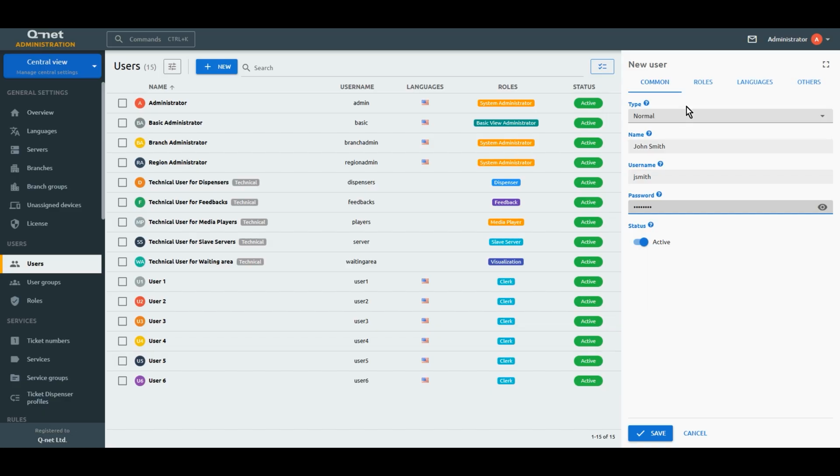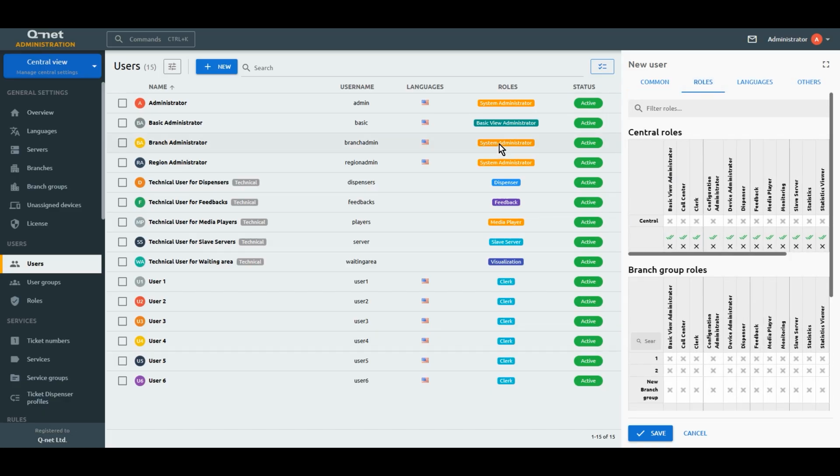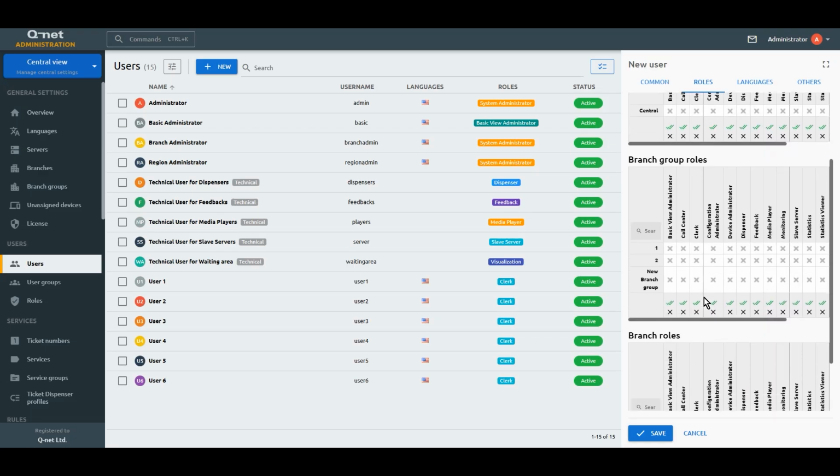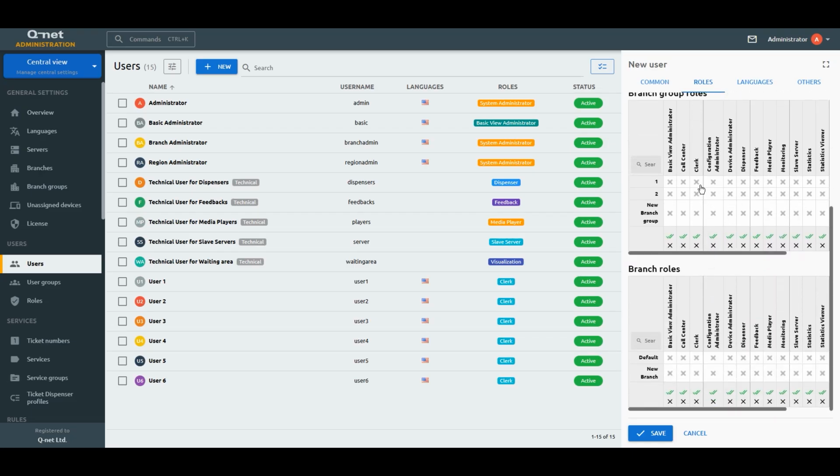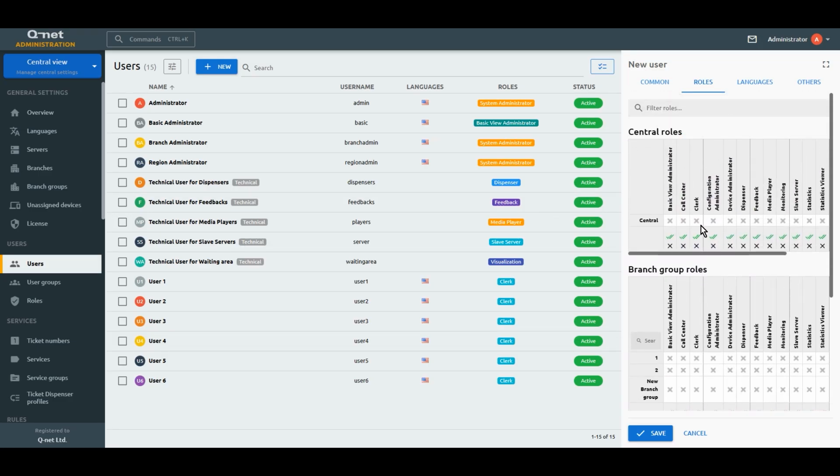Role management is possible on 3 levels: central, branch group, and branch level. On the Role tab, you can decide which roles this user is entitled to at the actual level. You will see a selector button on the sides and on the bottom of the matrix. With the help of these buttons, you can easily check if a user has the same roles in each and every branch in the level. For example, the administrator user is an administrator in all branches, or another user has all the roles in only